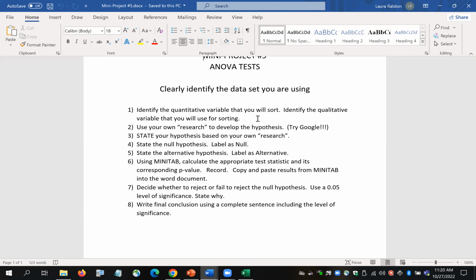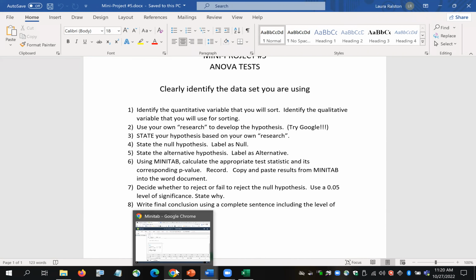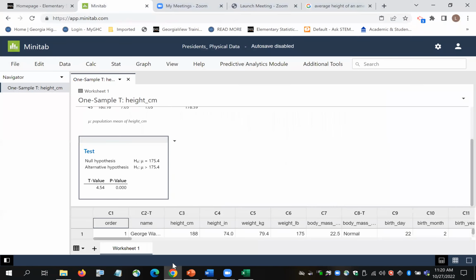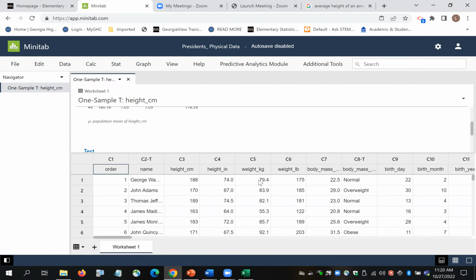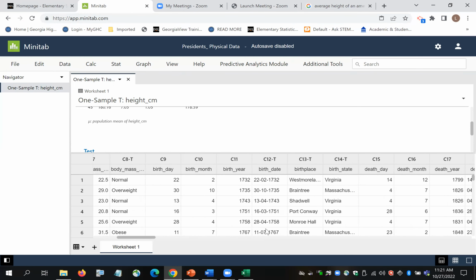You have numbers that are sorted by a qualitative variable, and Minitab will do the sorting for you, so you don't have to do it yourself. The data set on the presidents is a little bit limited, Naomi, on the quantitative variables. So you could look at maybe their age sorted by the body mass index. You could look at their height sorted by